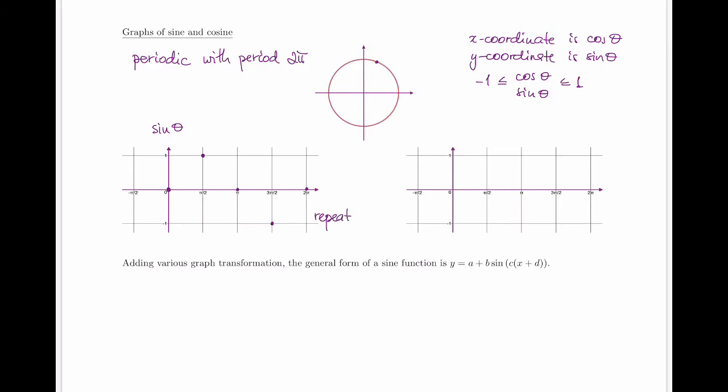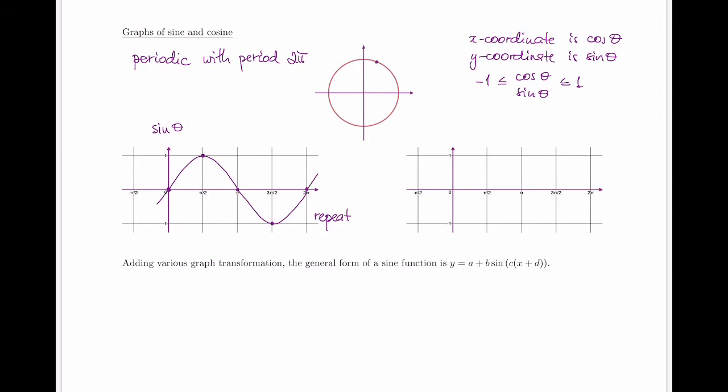Now, I'm not going to plot any more points, but you can see how the function has to be nice and smooth because I am graphing y-coordinates of these points. So I'm graphing how high these points are on every single angle, right? So I know that this graph is going to be nice and smooth, and if I connect these points in a nice and smooth manner, I will get a familiar sine curve that will once again repeat before and after